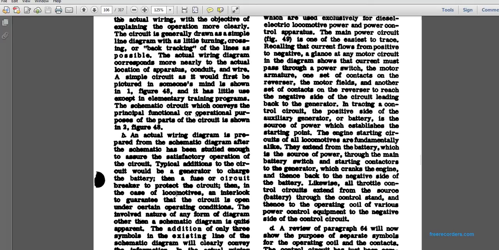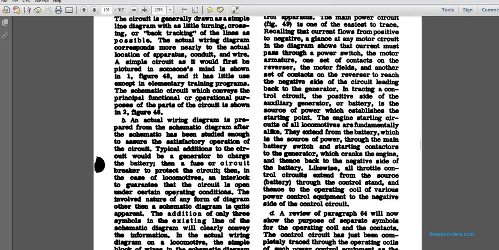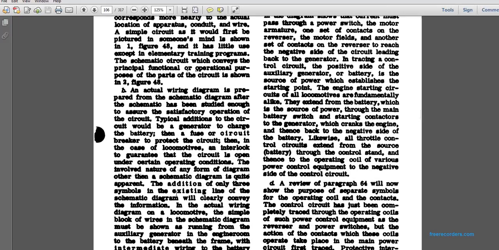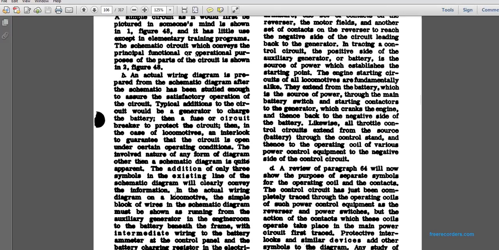The schematic diagram is quite apparent. With only three symbols, the existing lines of the schematic drawing clearly convey the information. The actual wiring diagram of the locomotive, unlike the schematic drawing, must show the running